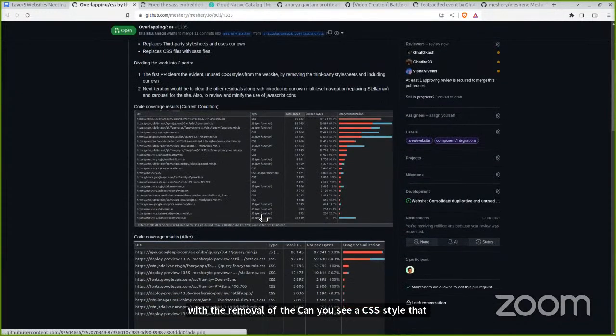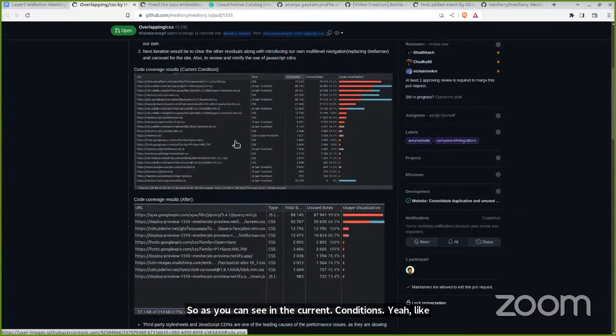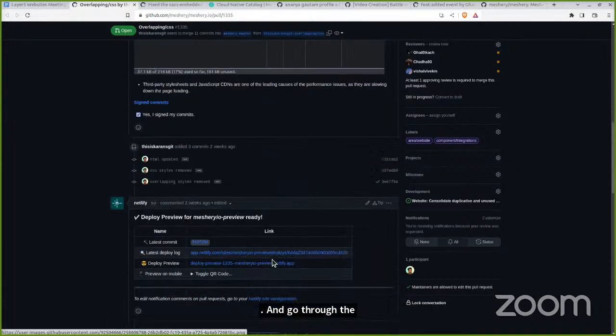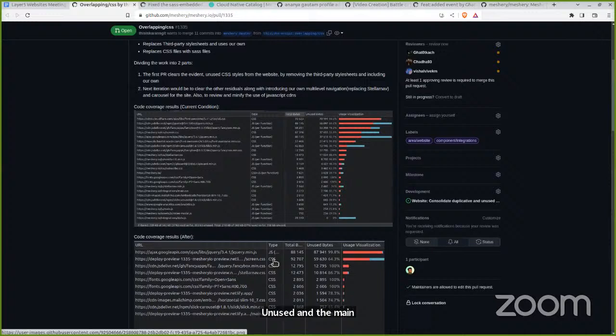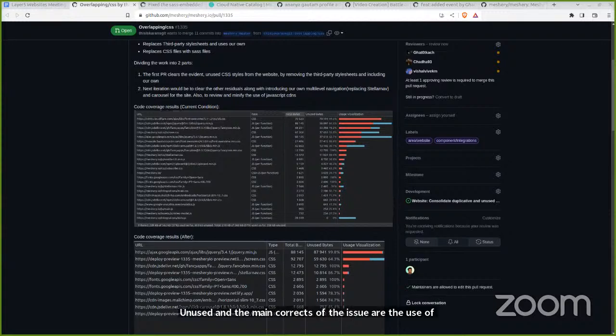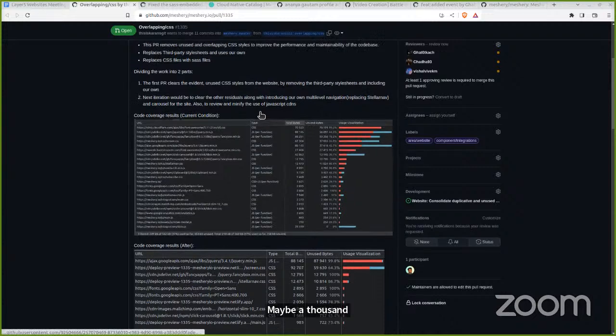As you can see in the current conditions, if you go through the code coverage, most of the CSS is unused, and the main crux of the issue was the use of third-party style sheets in the code, which visually is one line of code, but includes maybe 1,000 lines in production deployment.